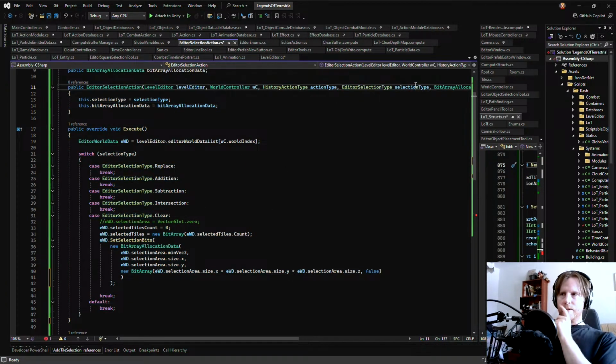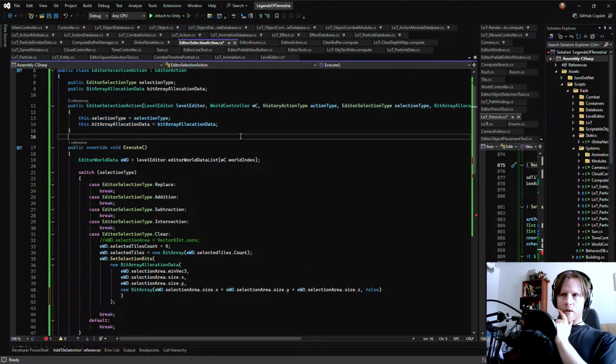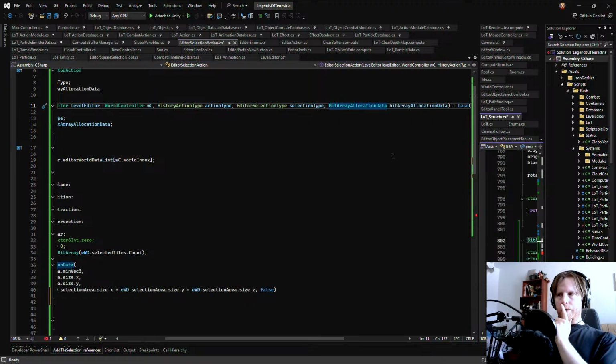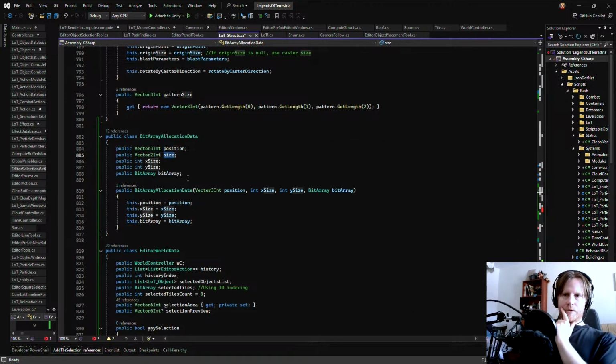See here, you take a selection type, and in order to clear, what we're gonna do is we are going to... I have a bit array allocation data class here, which takes a position, a size, and a bit array.